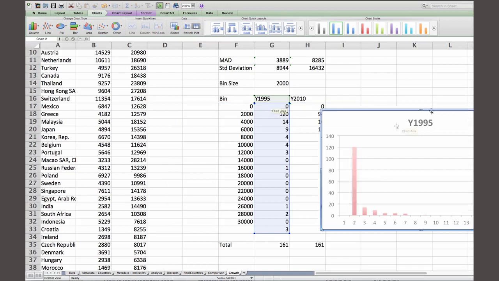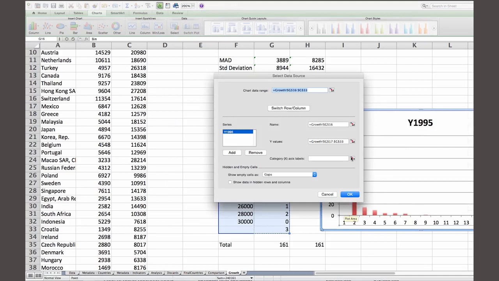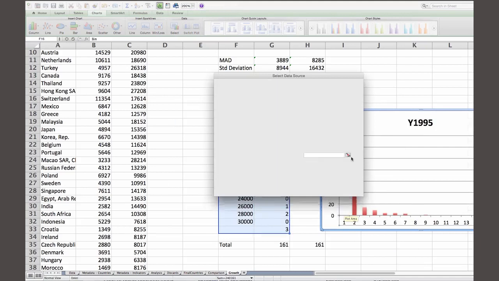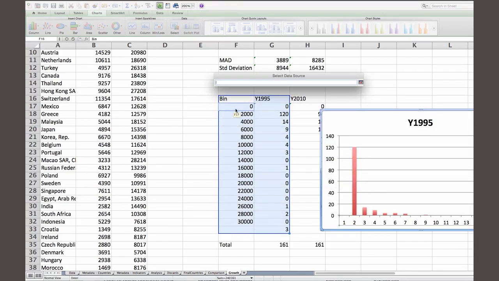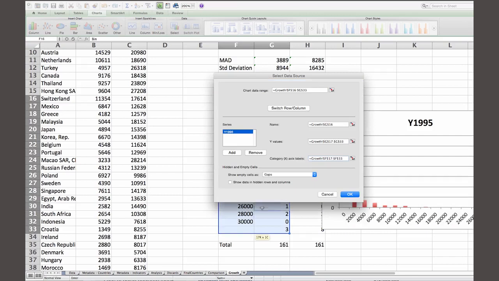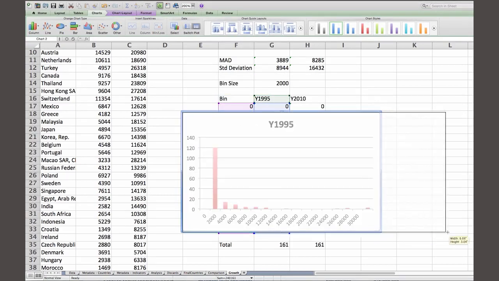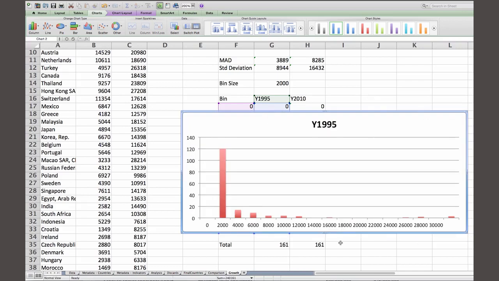The ranges of the amounts. So this would be select data, and in my data for my x-axis labels, I'm going to select the bin labels over here. All right, select the last one too, press enter, and you see what happened. I get a histogram, the labels adjust themselves.